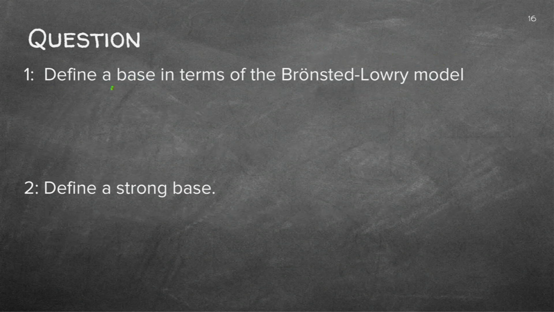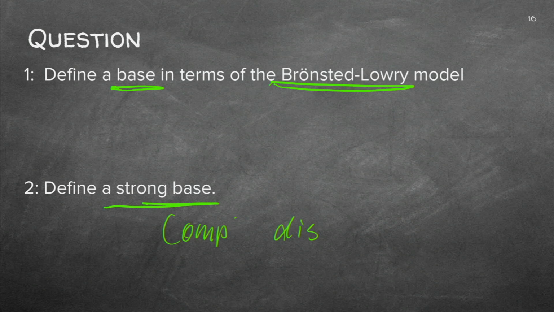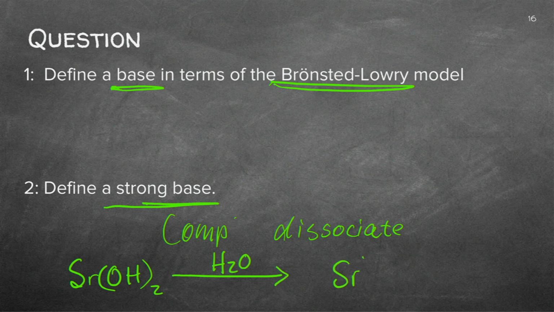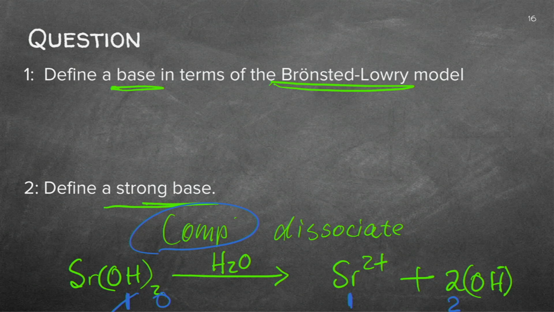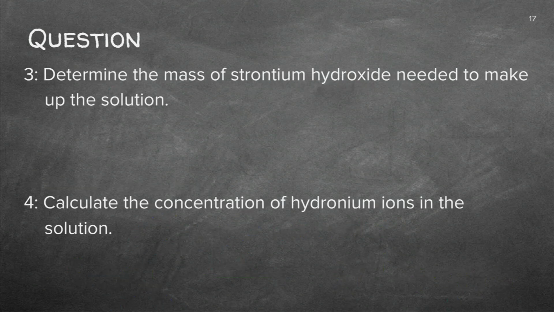Now, important guys, if we said the base is a proton acceptor, a strong base will completely dissociate. Remember the word completely or partially. So all the strontium hydroxide on this side, when it's in water, will completely go to ions. They will dissociate like that. So why is this important? I'm going to say this again. If I've got one of these, I'll have one of these and 2 of that and nothing left of that. That is the complete dissociation cue that you've got to get.